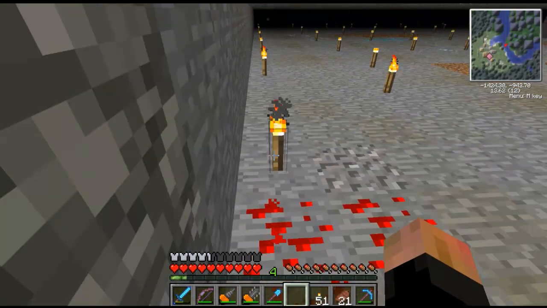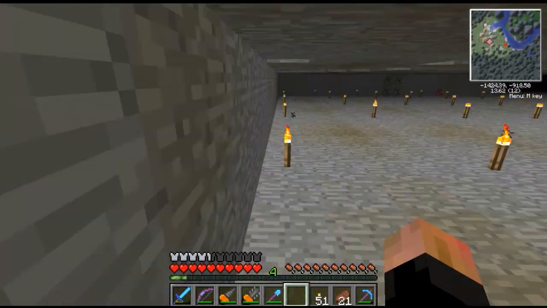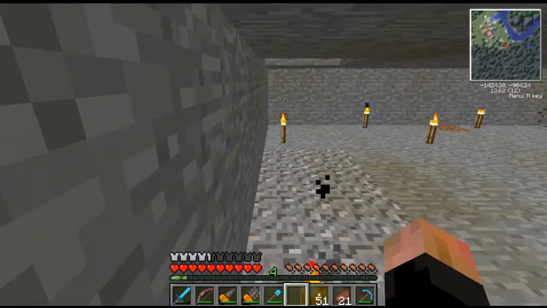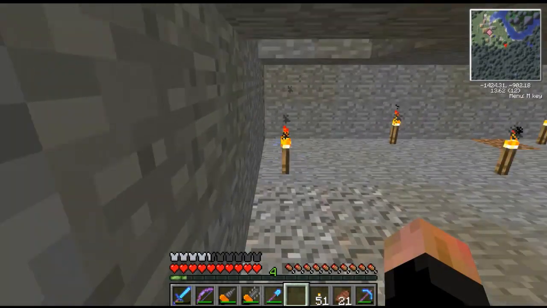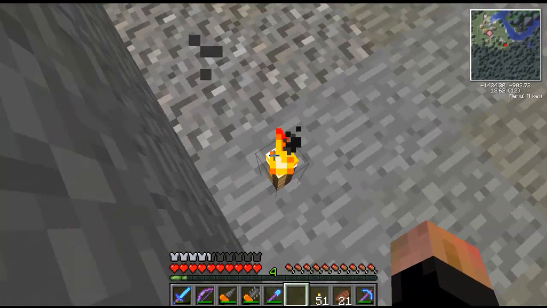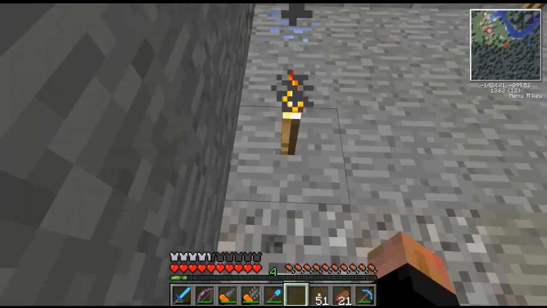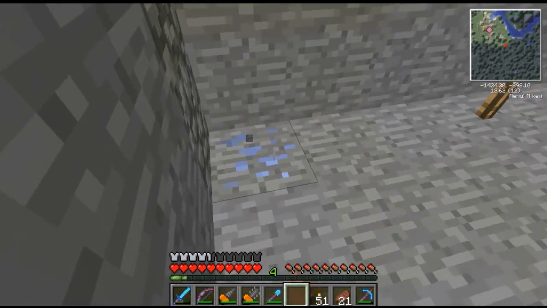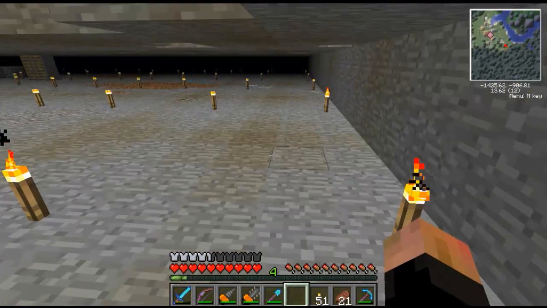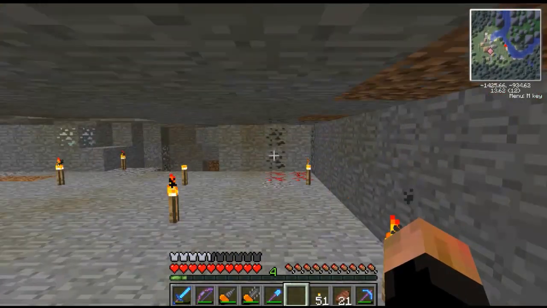So we're at negative 943. So right here is 40 blocks. So 41, 42, 43, 44, 45, 46, 47 it looks like. So I'm going to say 46 just to be on the safe side. And he can dig that out, and no,